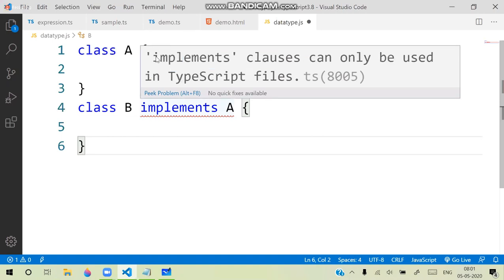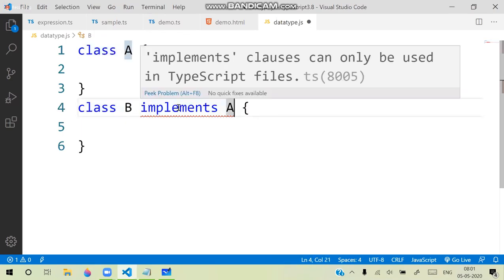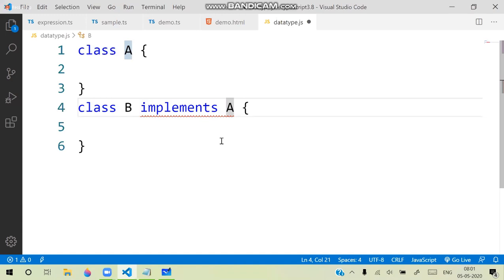JavaScript has classes, but it doesn't support implements. An object-oriented language should support implements in order to handle extensibility and implementations. What implementing and extending mean, I will tell you in TypeScript. It is not supported. Another important point is, suppose in JavaScript we declared